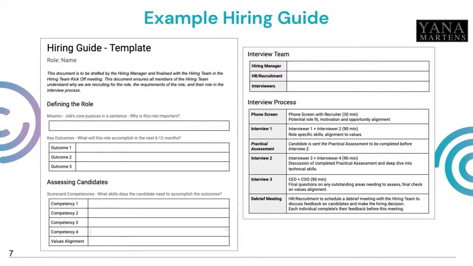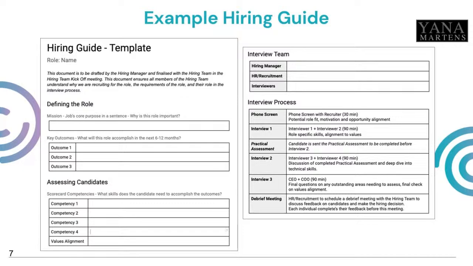I've done these with big San Fran tech companies and startups as well. Just have this as a template. You use it for each role. They're great to come back to as well. Just make a copy for the next role, but keep these, because if you get to the point where you're running retros on your own hiring, which I strongly advise you do, then being able to go back to these and ask, was this hiring plan right for that role? Like we thought it was at the time, but actually maybe it needs tweaking.